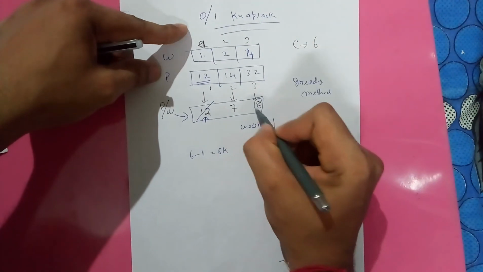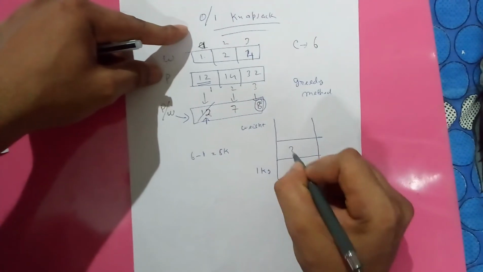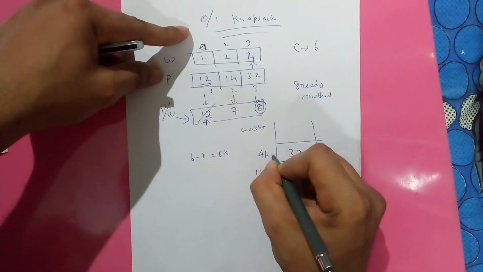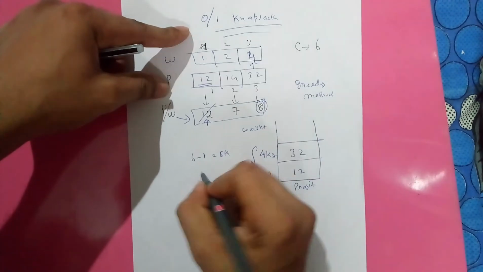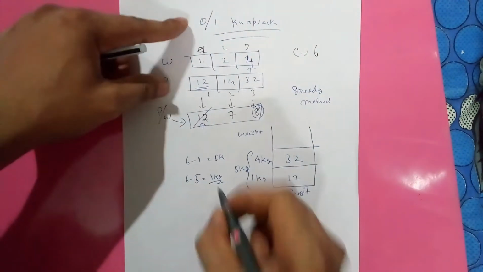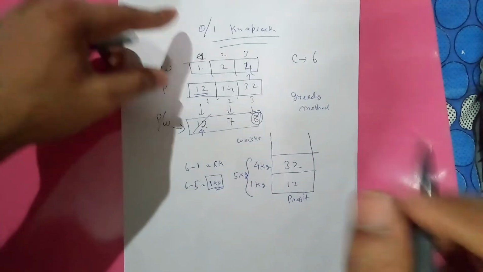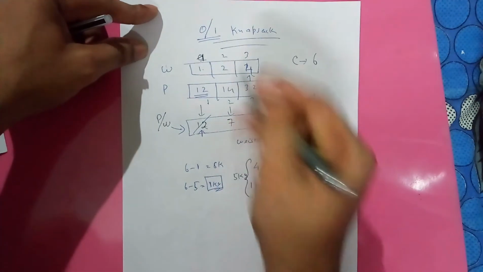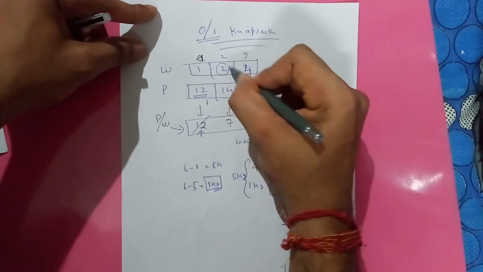The next highest value is 8. The profit associated with this 8 is 32 and the weight associated with it is 4. Now I have 5 kg, so I am remaining with 5 minus 4, which is 1 kg. Note, I have only 1 kg left, but as I told you, in 0-1 knapsack I cannot include a fraction of a thing. I have included this item, and this item, and I am only left with this item now.